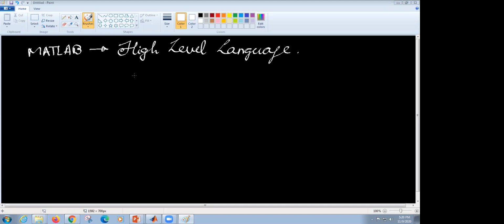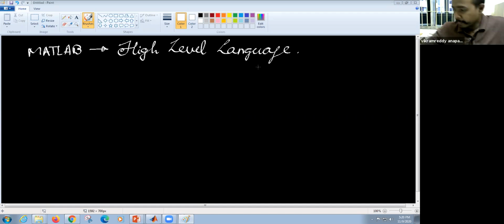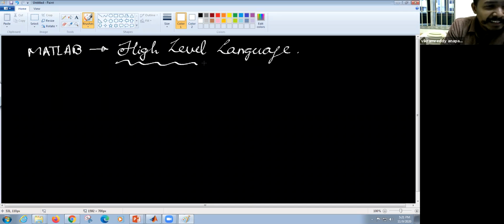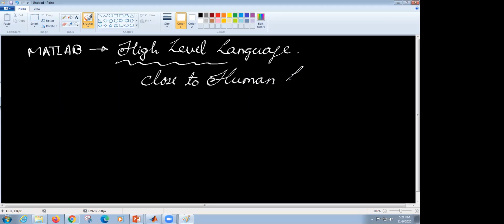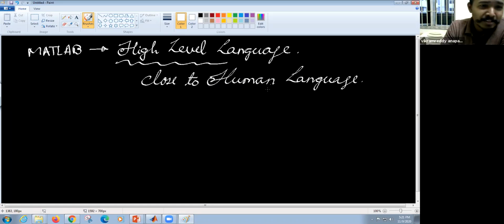You know what high level language is in simple words? In simple words, it means it's close to human language. In one line, it's close to human language. It's not really much inclined, but it's very close to human language. So almost all MATLAB statements we just enjoy with this. So readily means